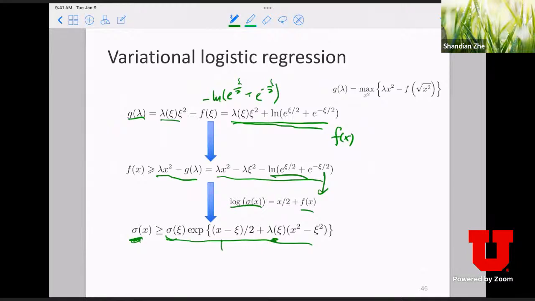So now I want to ask, what's the benefit of this lower bound? Remember, x is some kind of random variable we're interested in. If you put some sigma transformation of x and you couple sigma x with any other prior, it's very hard to calculate the normalization and the posterior. Now, if you deal with the lower bound,